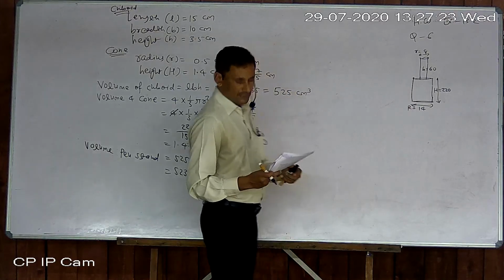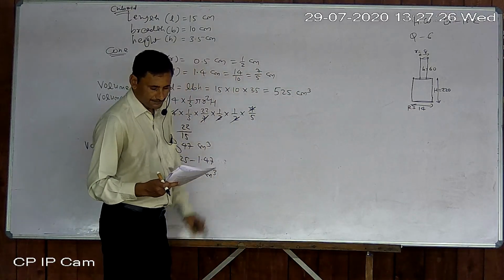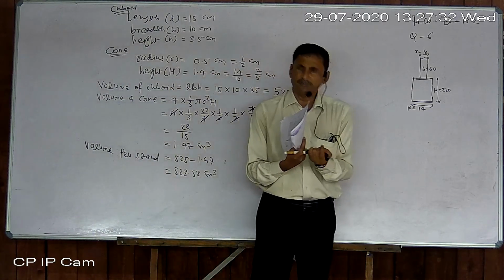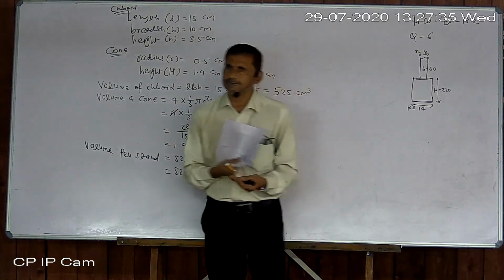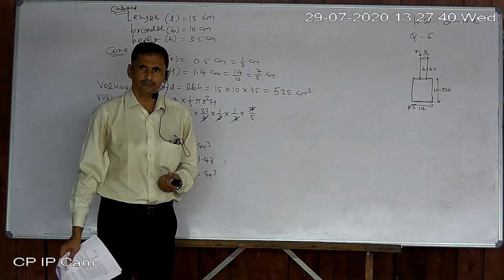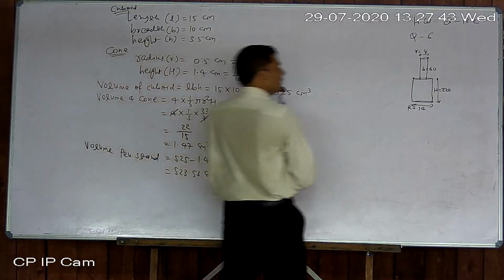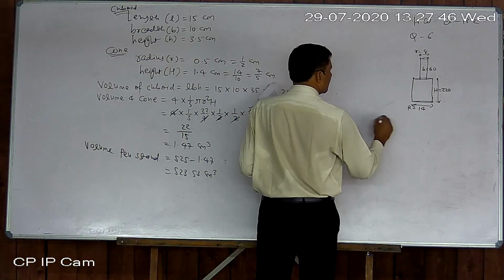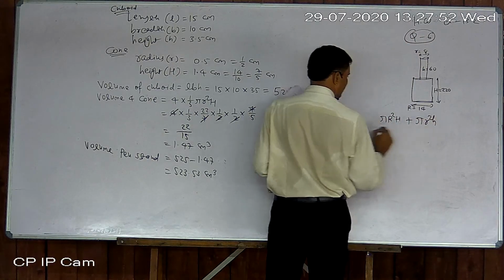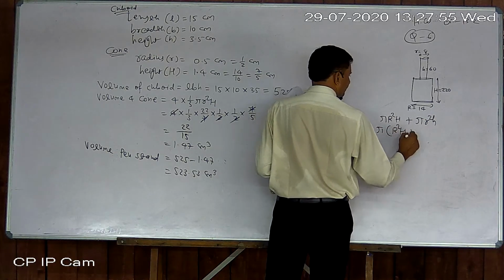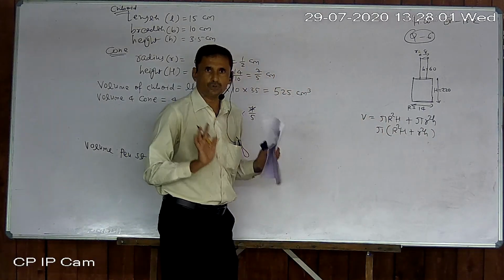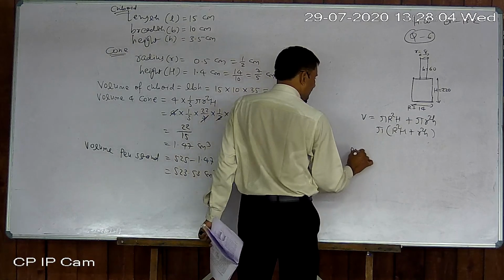After getting this, what is the requirement? They have given us 1 centimeter cube is equal to 8 grams. So whatever volume you find, just multiply by 8. So your answer will be in grams. If there are so many grams, just convert it into kilogram by dividing by 1000. Okay, so very simple. Find the volume. The formula will be like this: pi r square h plus pi r square h, but different. Pi will be common, nothing else. Okay, so you will have V. You have to write here clearly, not only V.